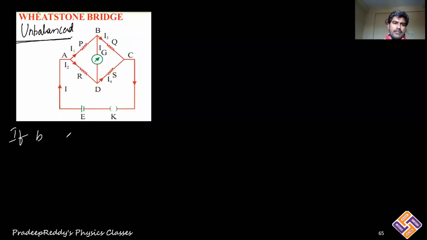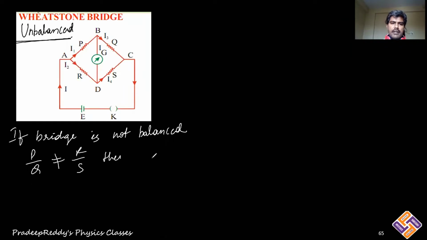Bridge is not balanced. P by Q is not equal to R by S. Then in such cases, potential at B is not equal to potential at D. Both potentials are not equal. If potentials are not equal, then current Ig is not equal to 0. If current Ig is not equal to 0, that means current flows